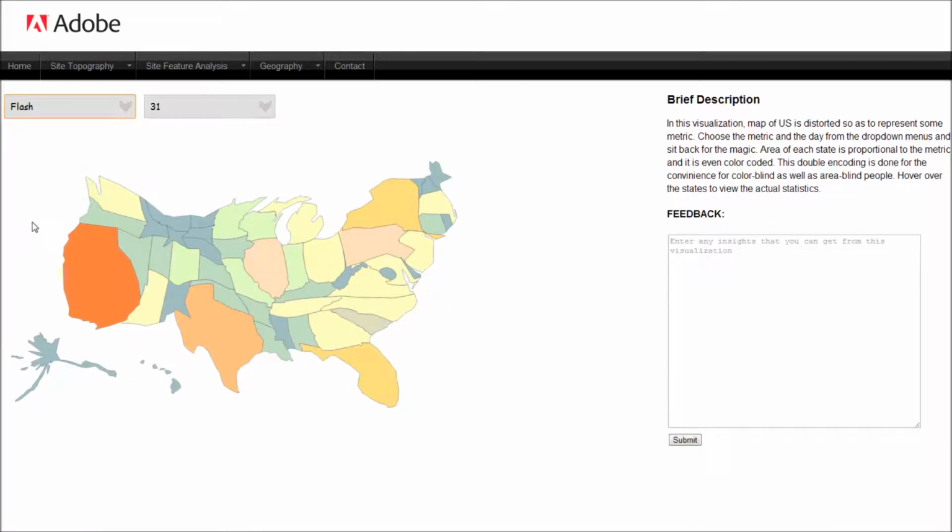It is because of the population effect. Since most of the US population is in California, whatever metric you select, the count is more for California. So to nullify this effect, we need to normalize our data. We could normalize based on the total population, or another option would be based on internet population. Based on the stats, we have normalized the data.